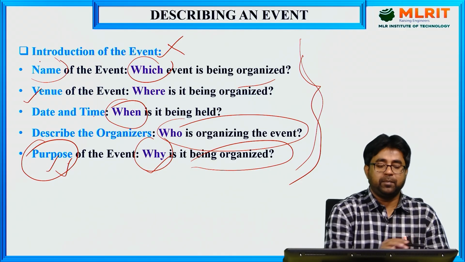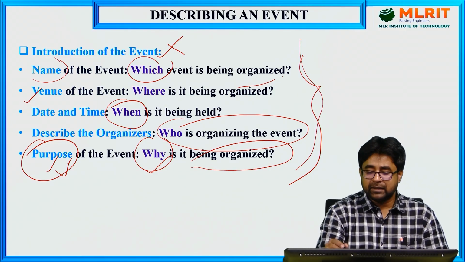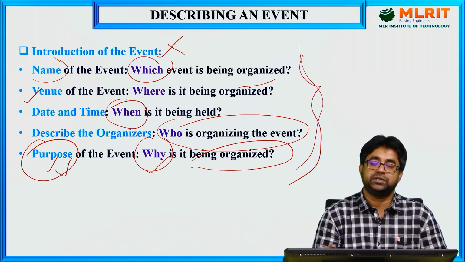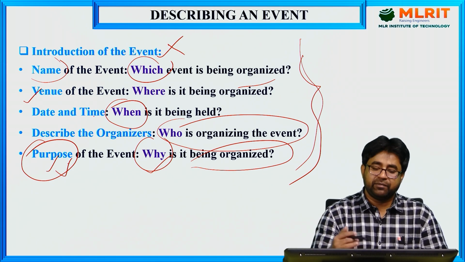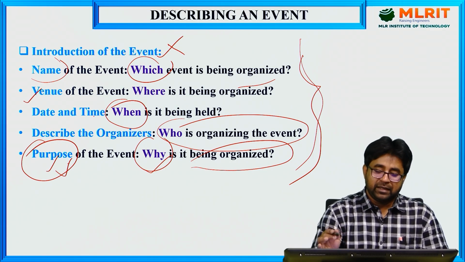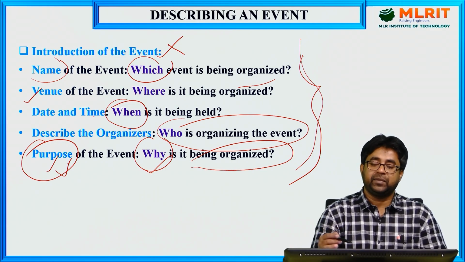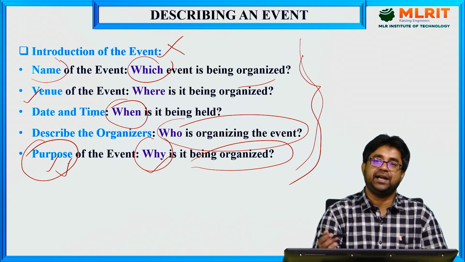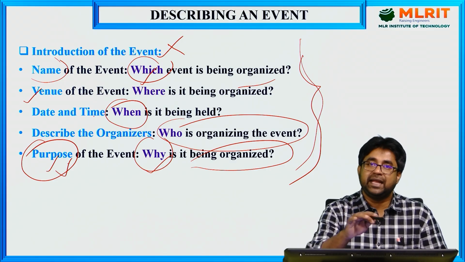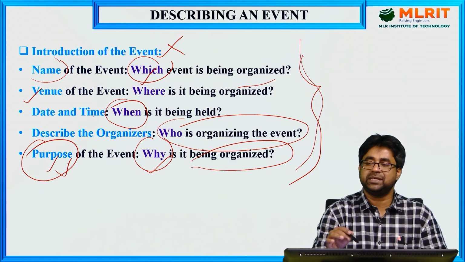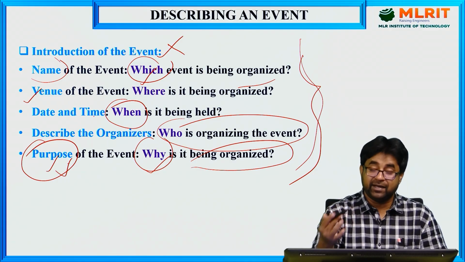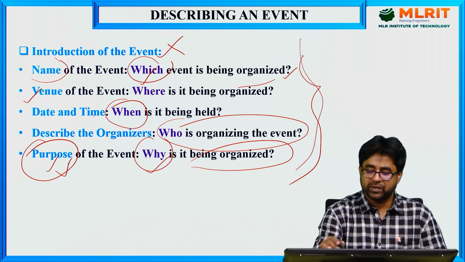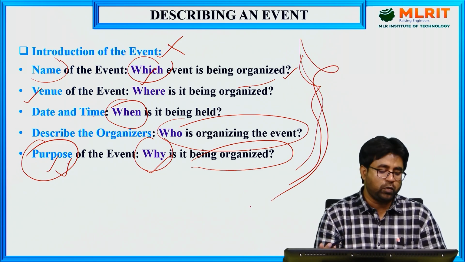Also, please remember, when you introduce the name of the event, do not just simply say the name of the event was, or the title of the event was. Use a different kind of sentence. For example, last week I attended the most exciting event at MLRIT till now. This kind of description you have to give, and then the name of the event was. So instead of directly telling the name of the event in a simple sentence, you are giving a brief overview. These entire sentences will also work as a small overview of the event.